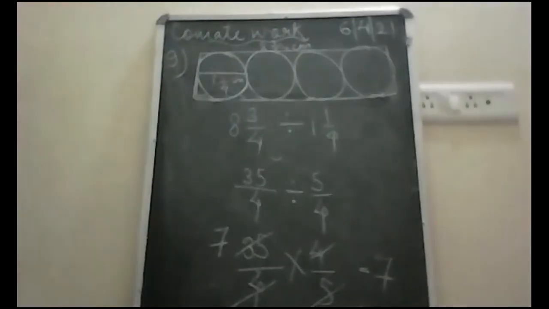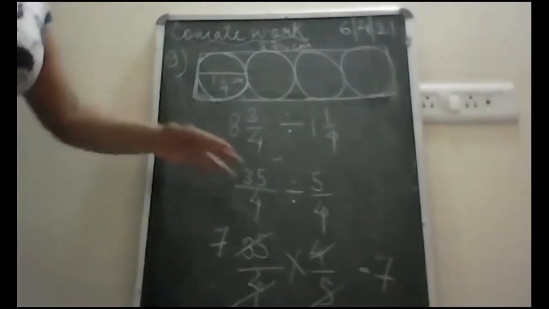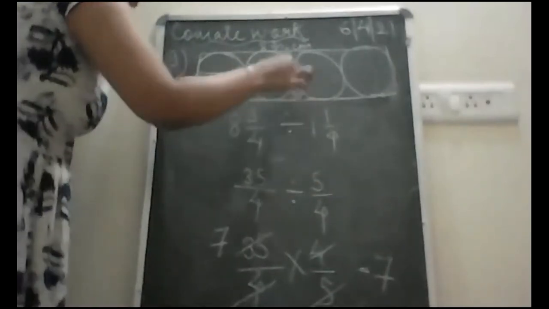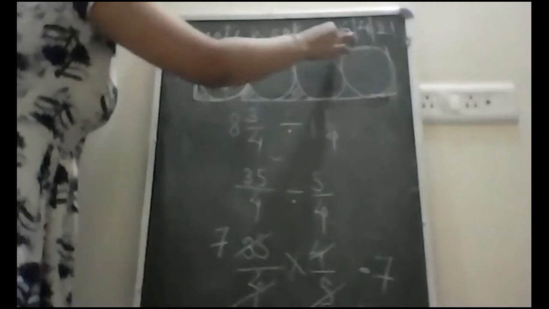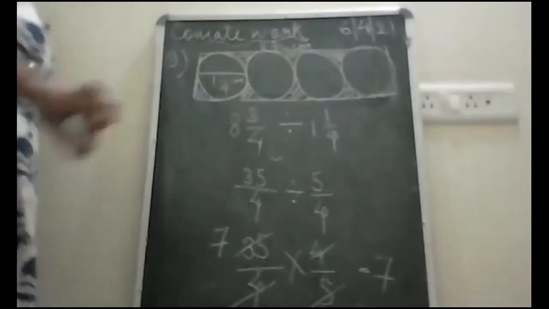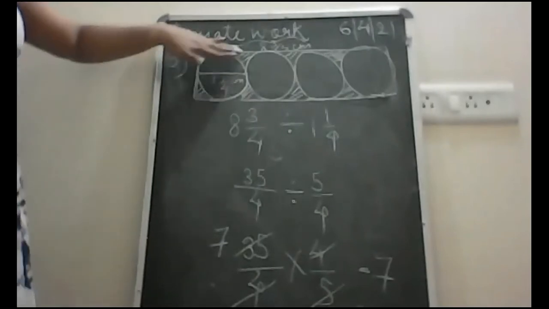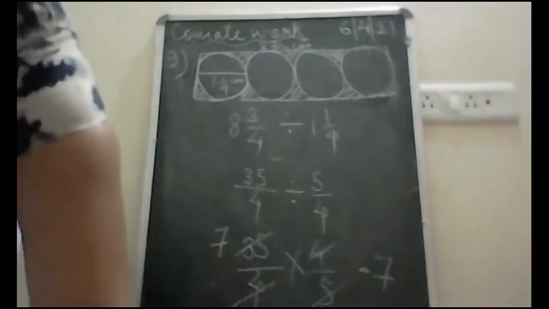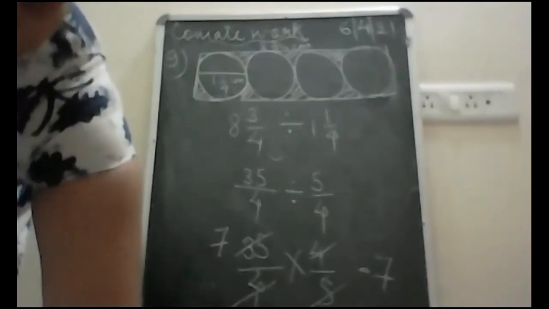And remember always that we are getting 7 because we have to not use this portion. Simply, how many circles you can take out in the form of total complete circles, that you have to tell only. We have to not use these things which are left over here. And I did the same process.